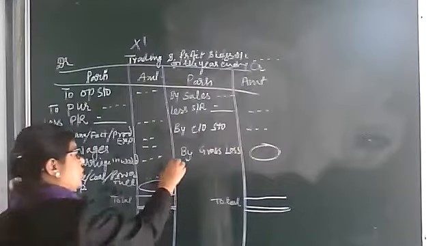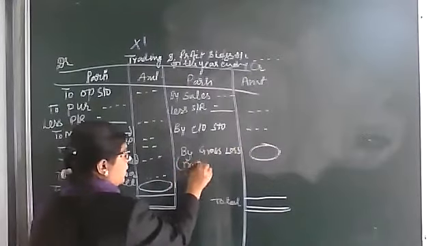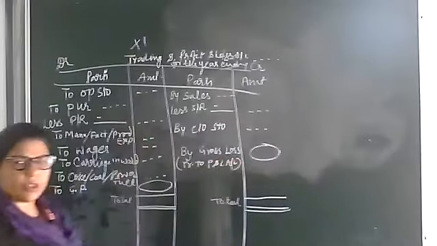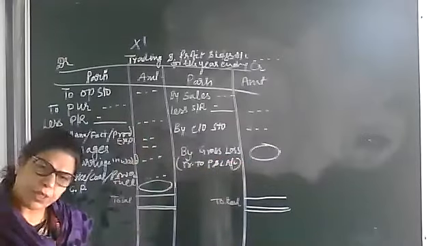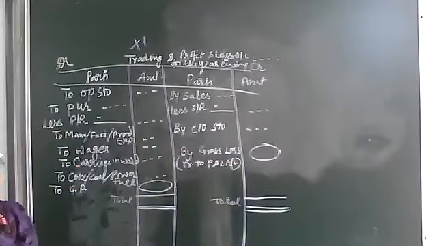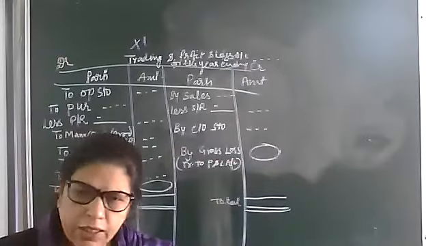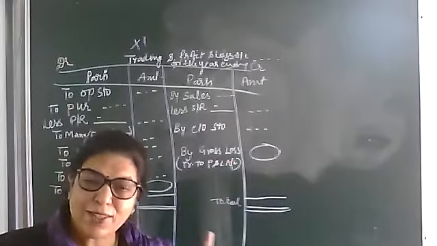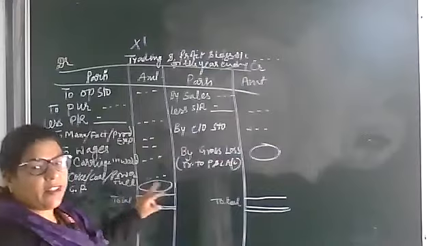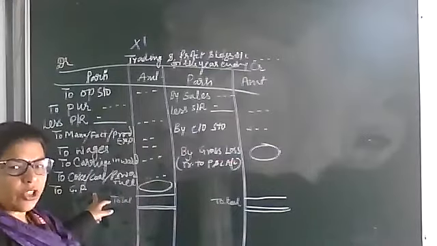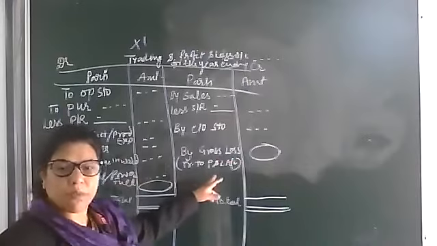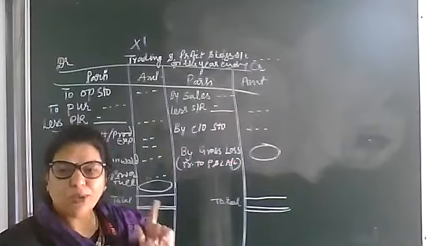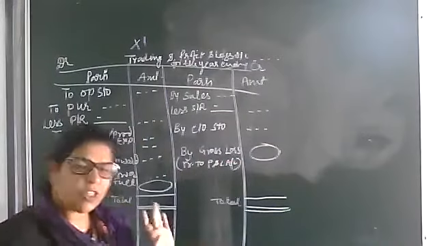Both are to be transferred to the P&L account. Transfer to P&L account. If that is gross profit, see, one thing will be there, either gross profit or gross loss. So if there is gross profit, you will write here on this side GP. GP means gross profit. And if the amount remains here, that will be gross loss. But both are transferred to profit and loss account.